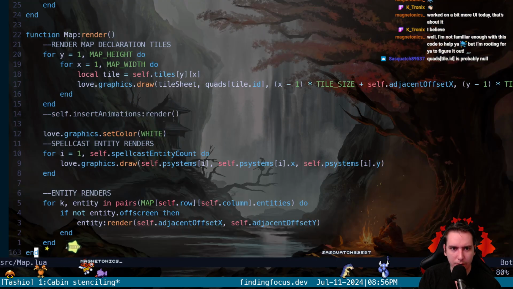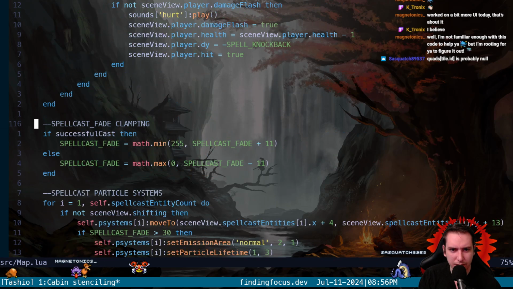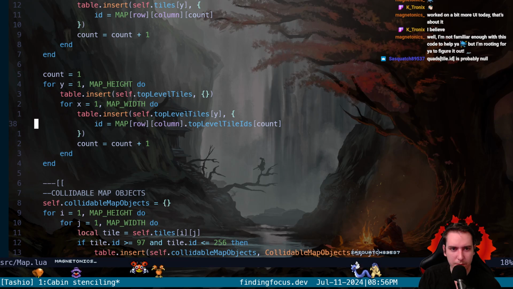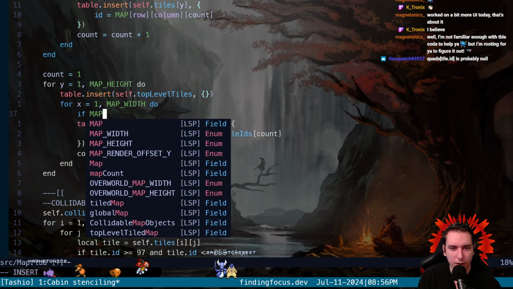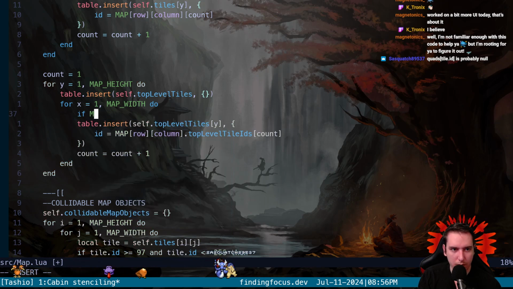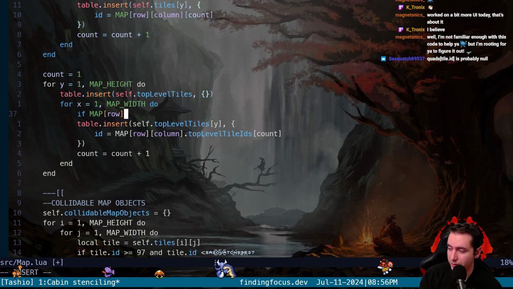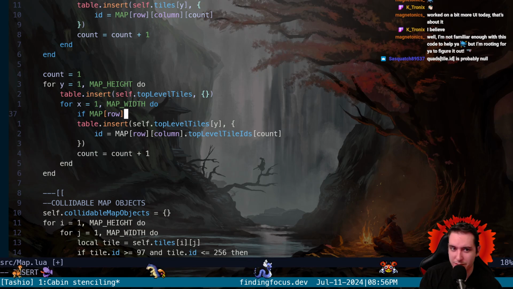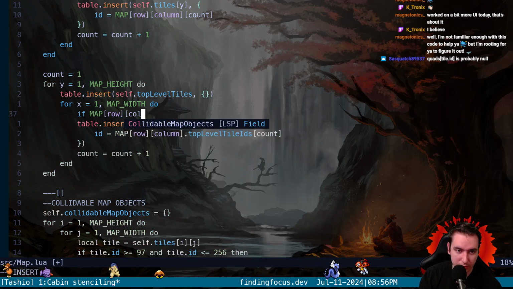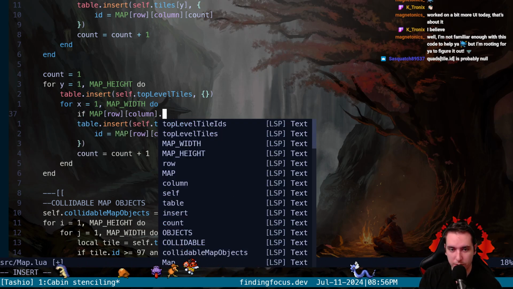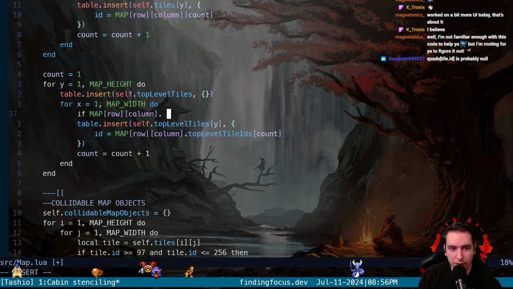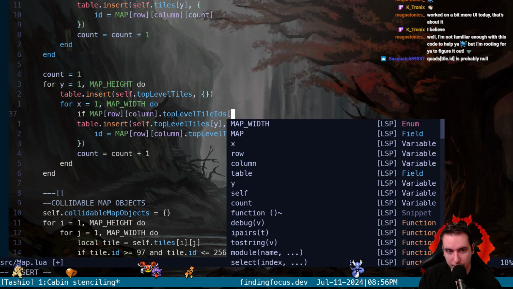In our map, I want to say that. Did we set it to 75? We want to ask, before we insert this, if our maps row, because the 0 is the first value that's in there, and a quad of 0 is no thing. So we have to say if it is a 0, meaning a transparent object or a non-drawn object in our tiled, that we would say if that top level tile IDs at that count